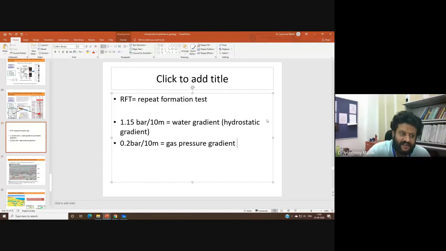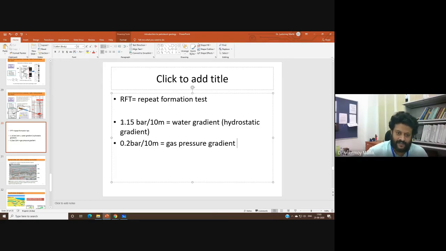Now, of course, for oil, it generally varies, with a range. It depends on the oil specific gravity. And you remember we talked about it. We can find light oil and we can find heavy oil. So hence I'm not putting a particular number for you. For light oil, there is a number, and for heavy oils, as the density or the viscosity increases, it has a very different gradient. But these are typical gradients for water, and this is the typical gradient for gas.